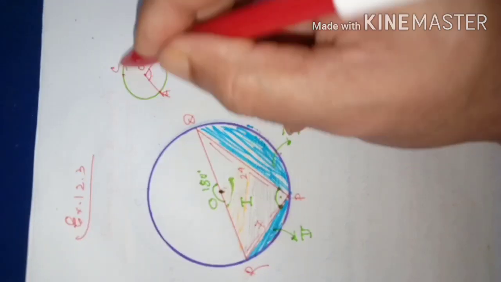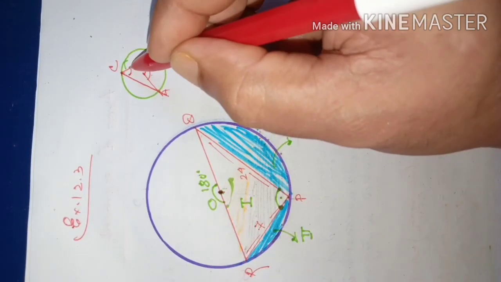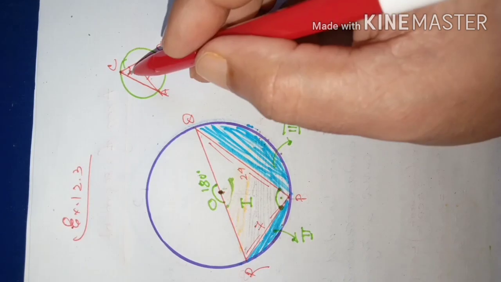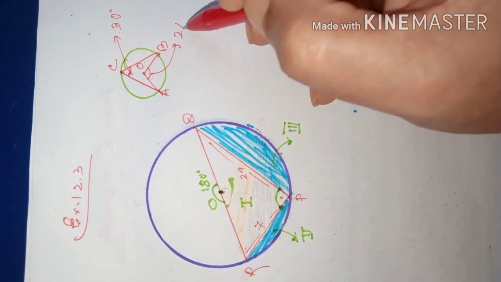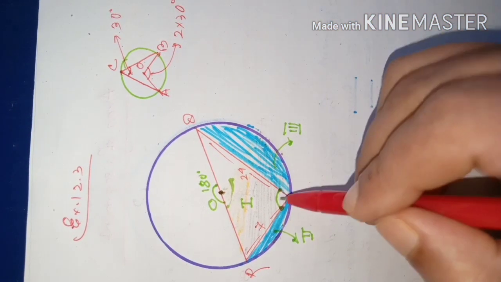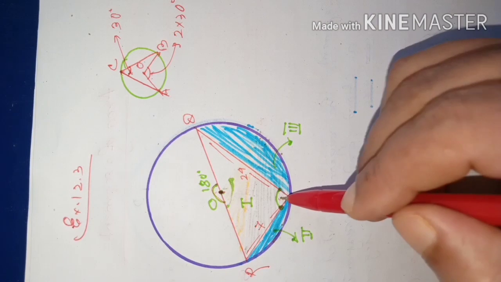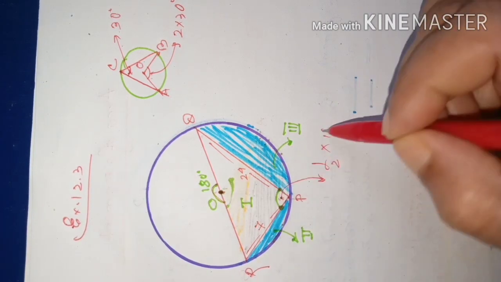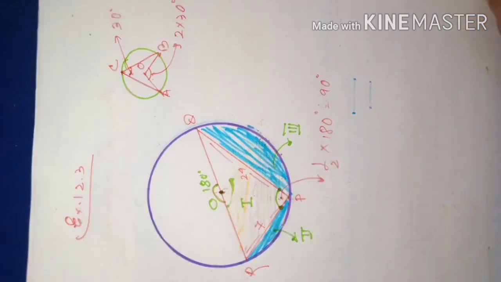That means here is a point C, suppose. Then angle ACB will be half of this angle, meaning this angle is double of that angle. When this angle is 30 degrees, then immediately you can say this angle is double of 30, that is 2 into 30. That way this angle will be half of this angle, because this will be double of this angle. So this angle will be how much then? Half of 180, that is equal to 90 degrees. Understood? So this concept also can be used here.